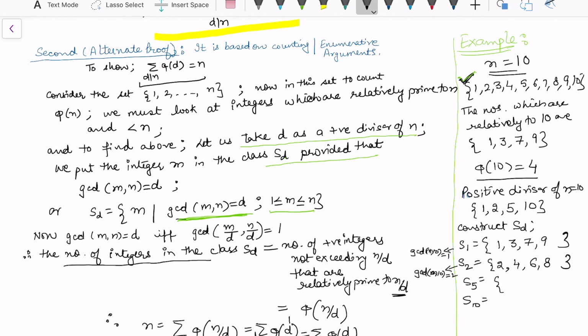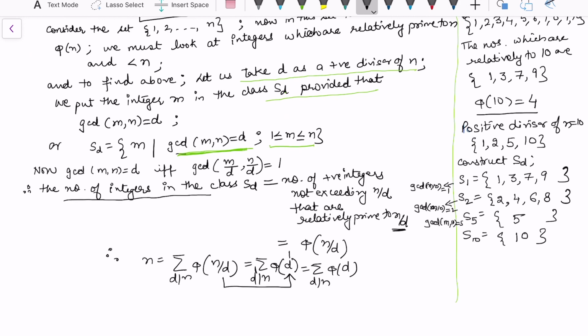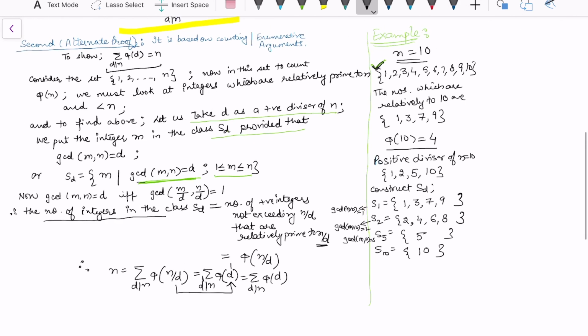In S5, I want to keep the numbers m whose GCD with 10 is 5. So this means in this set I'll have only one number, that is 5. In this set I'll have the number whose GCD is 10, so that means the number 10 itself. Now in each set, if you look at this first set,